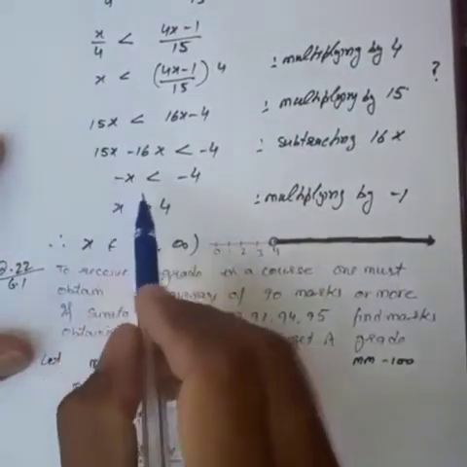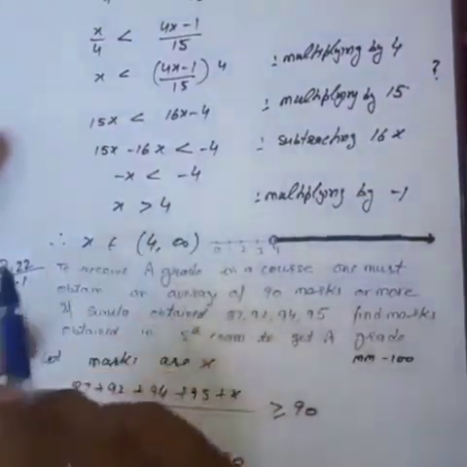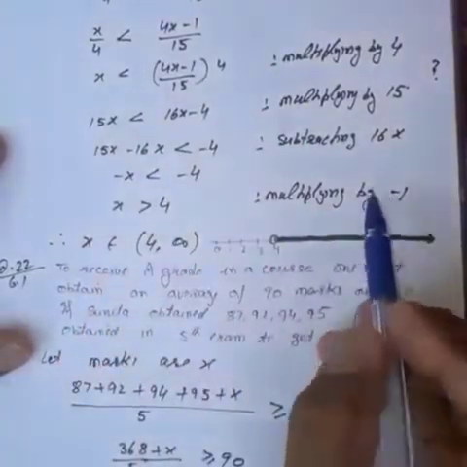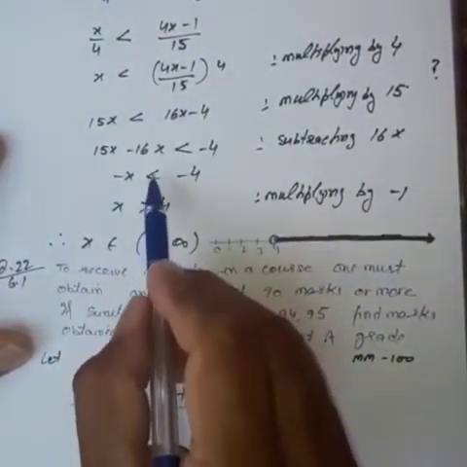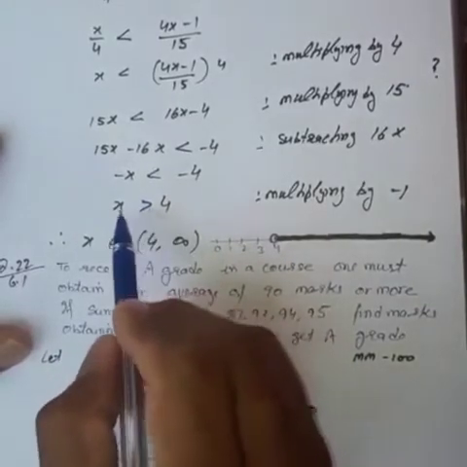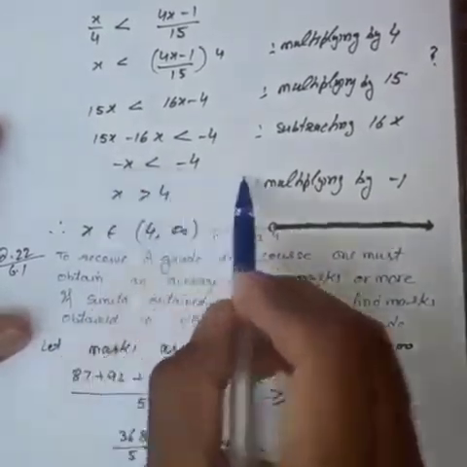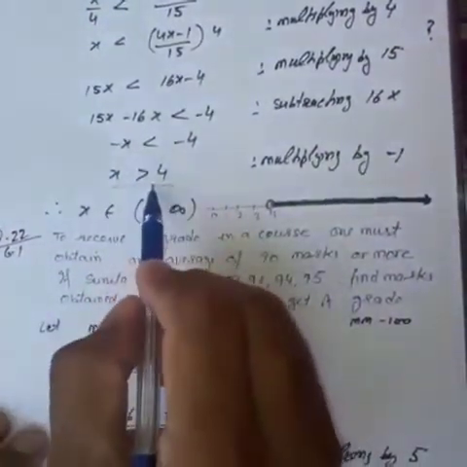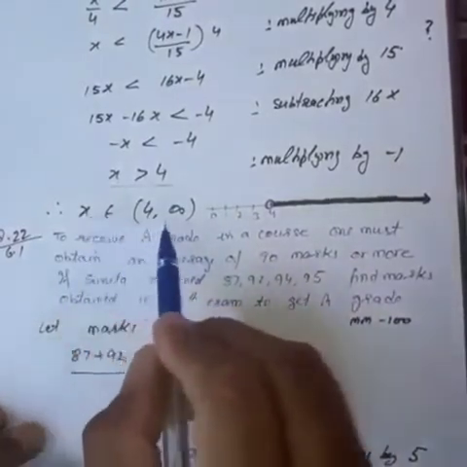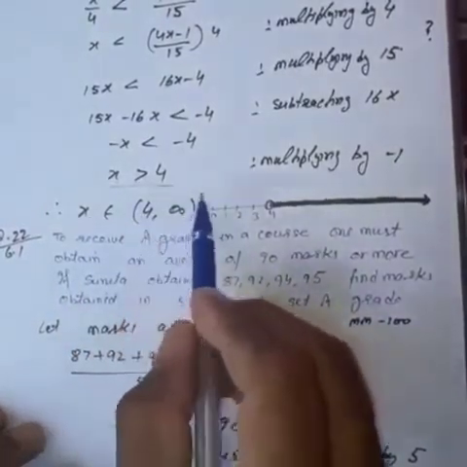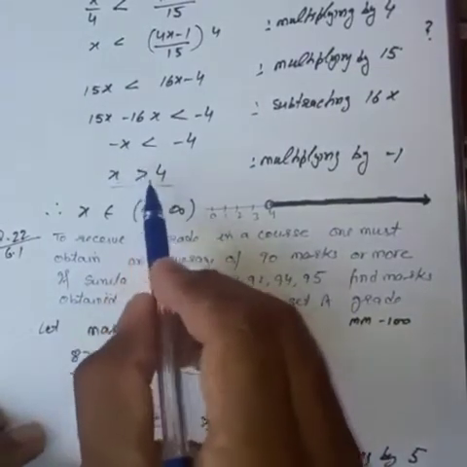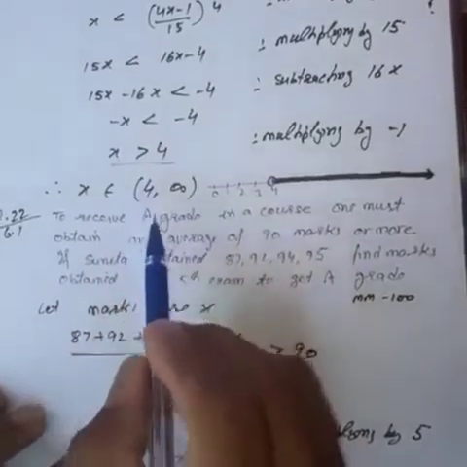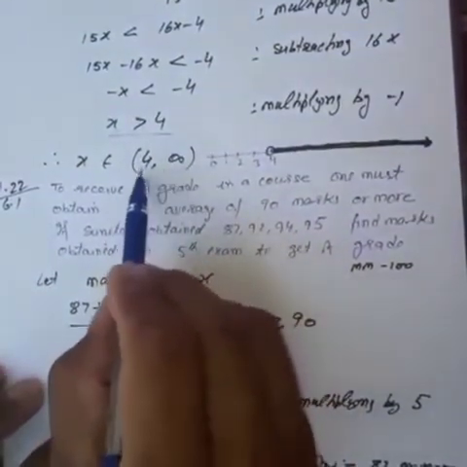We want to find x, so multiplying both sides by minus 1, x will be greater than, because we are multiplying by minus 1, so the sign will be reversed. If it is less than, then we convert it to greater than. So x is greater than 4 after multiplying by minus 1. So this is the required solution set, and you will write this value in the form of an interval. So x belongs to 4 to infinity, open interval, because it is only less than or greater than. If it were greater than or equal to, then we would write the closed interval here. So open interval in this situation, 4 to infinity.